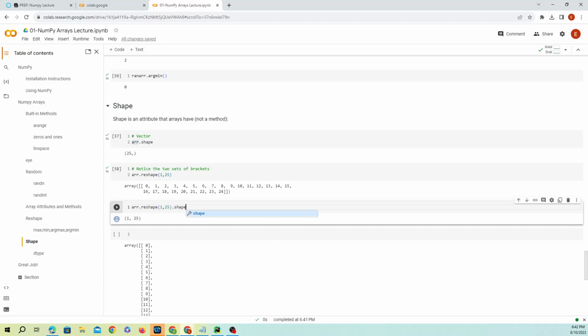And if we want to, we can change the dimensions by doing r.reshape 25 by 1, and then